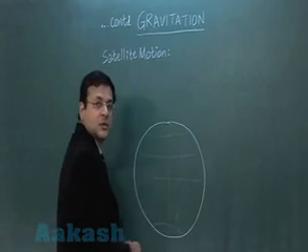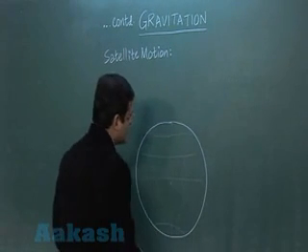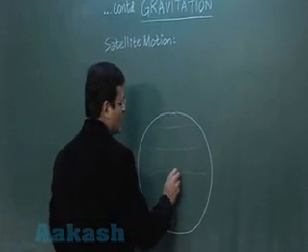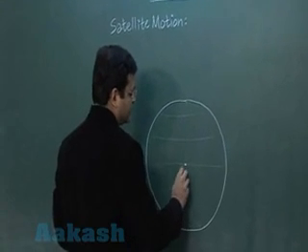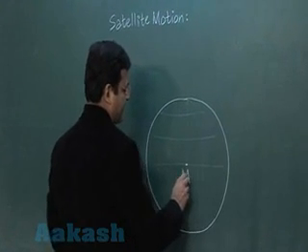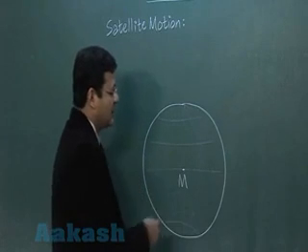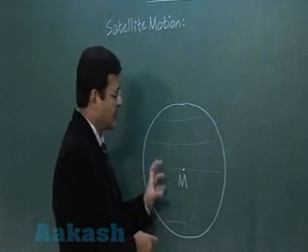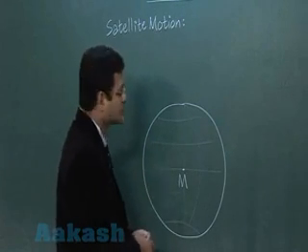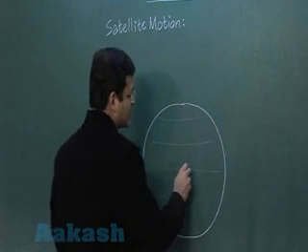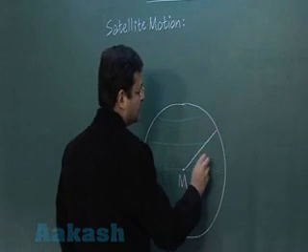Let us suppose the mass of the Earth is capital M. As we have discussed in an earlier lecture, the entire mass of the Earth can be assumed to be concentrated at its center. The radius of the Earth is capital R,